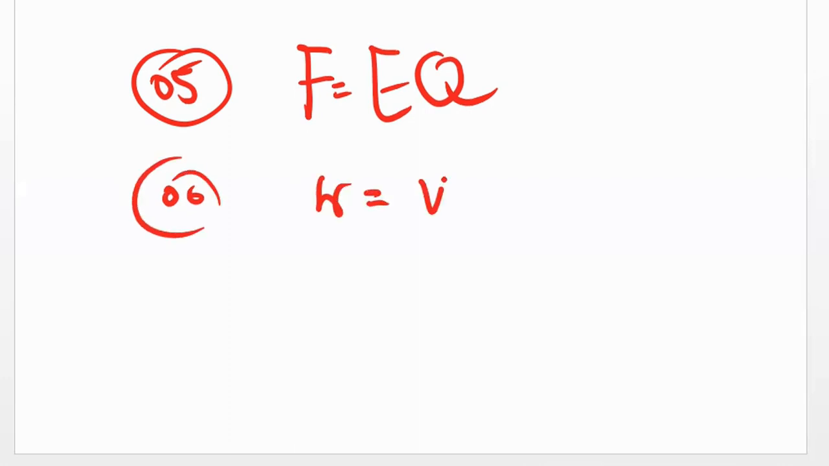Fifth equation. Now we can combine these two equations. First two equations, F equals E Q. The last two equations, work W equals V Q. Then we are moving into